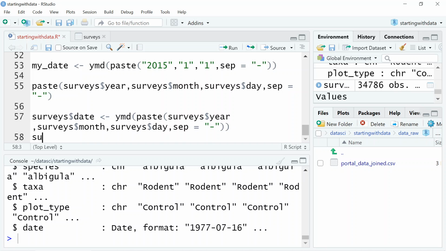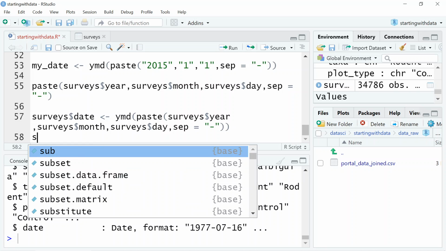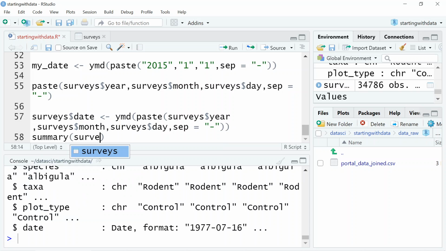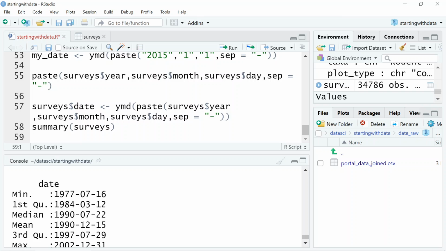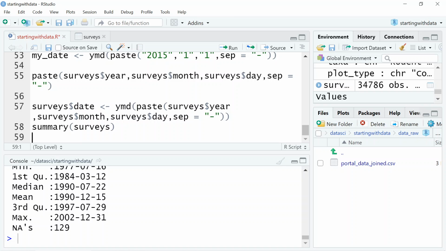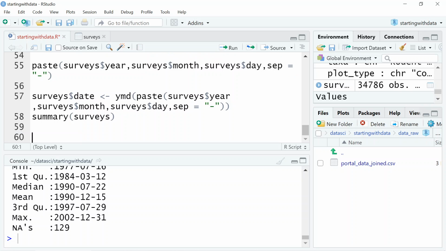So another handy function that we learned about is this summary for surveys. And that'll give me a summary of all of the rows, including the date. So I can see that the oldest date is this July 16, 1977, and the most recent date is December 31st, 2002, and I also see that there are 129 rows with maybe no information. Well, let's figure out what's going on in these 129 rows by telling R to